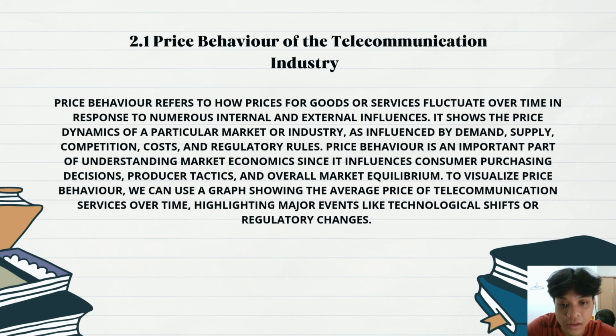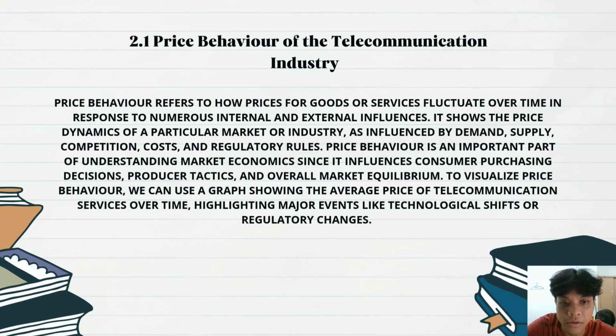2.1 Price behavior of telecommunication industry. Price behavior refers to how price for goods or services fluctuate over time in response to numerous internal and external influences. It shows the price dynamic of the particular market or industry as influenced by demand, supply, competition, cost, and regulatory rules. Price behavior is an important part of understanding market economics since it influences consumers' purchasing decision, producer tactics,